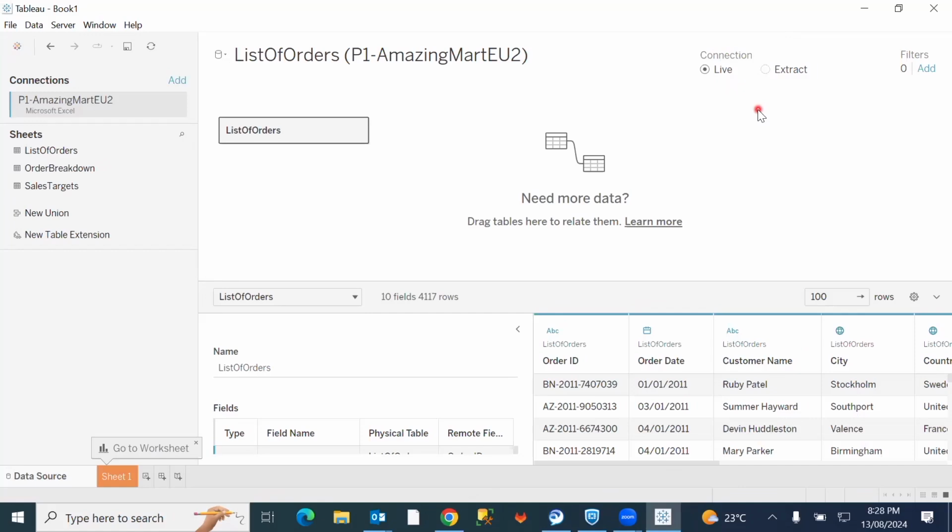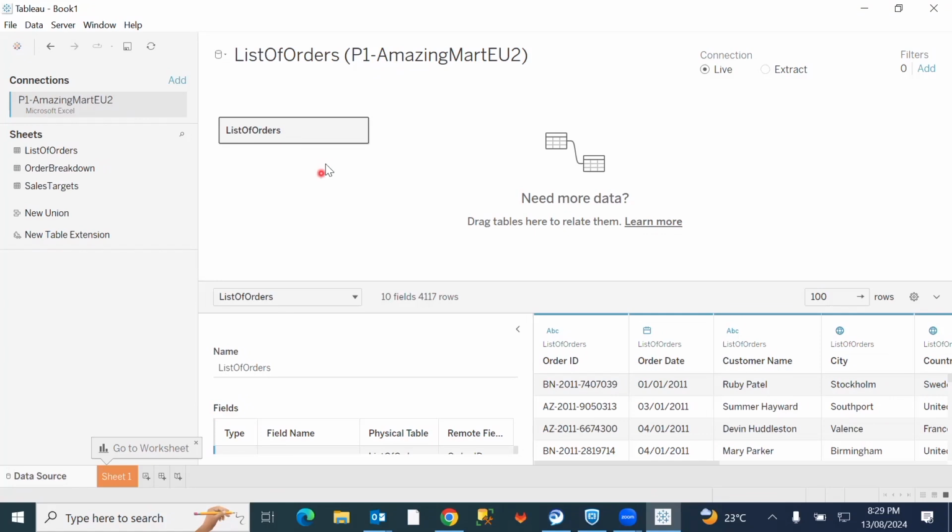You open the Excel file and make the changes, and if you have selected this live connection in Tableau, all the changes you applied to your file will be reflected in Tableau as soon as you click this refresh button. You'll get all the changes updated in Tableau